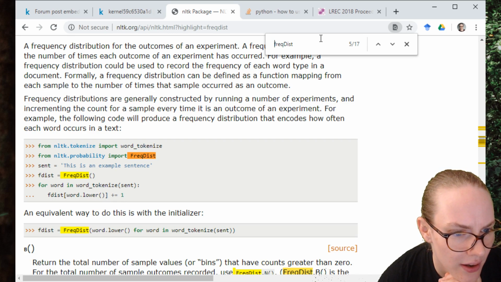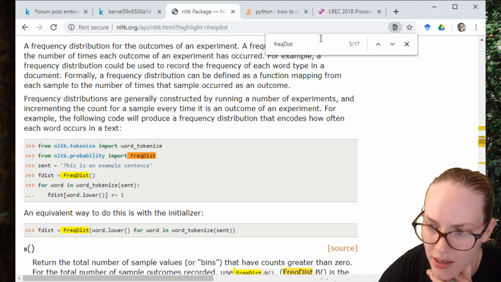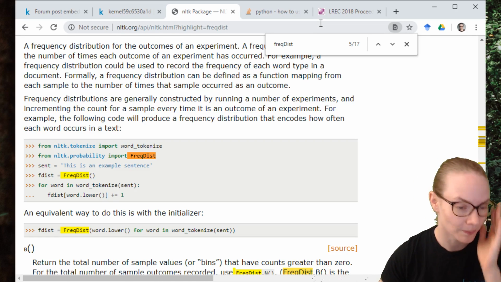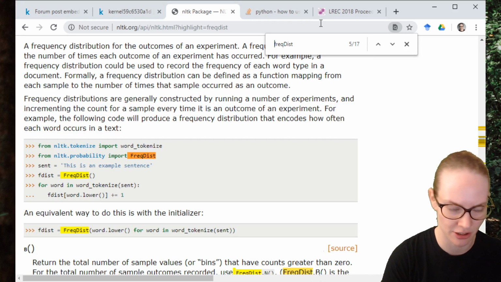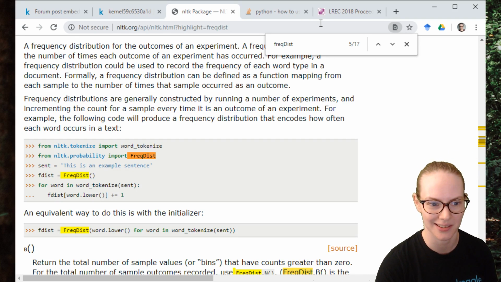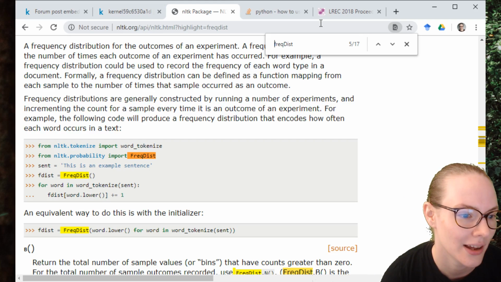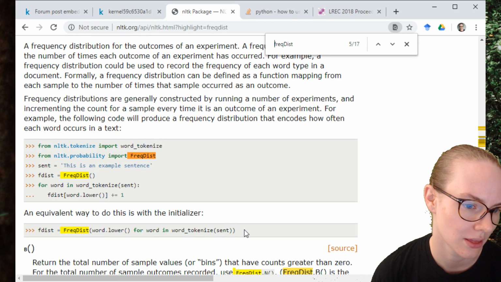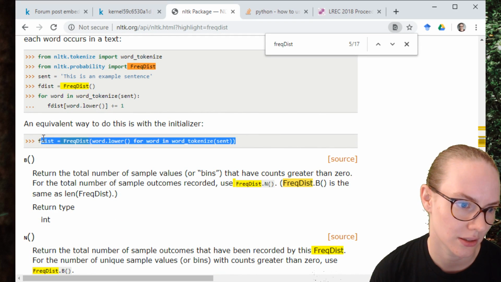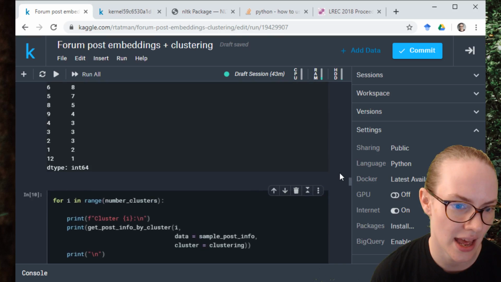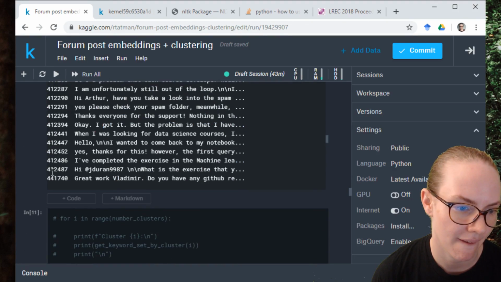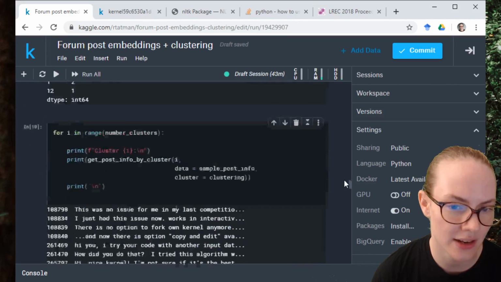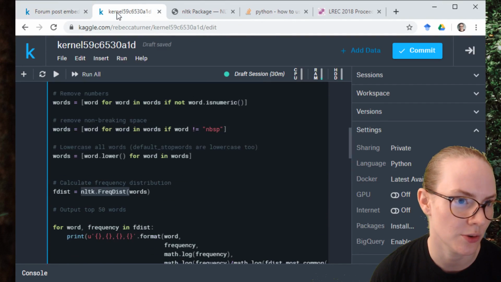Okay, so we don't actually need to pass it in a single big text string, and in fact, I think that's not how it's designed to be used. Looking at this, it looks like frequency distribution is something you can iterate over pretty easily, and it's kind of designed that way. So let's try doing that instead. Wrong kernel. So we can do the thing that we were looking at.